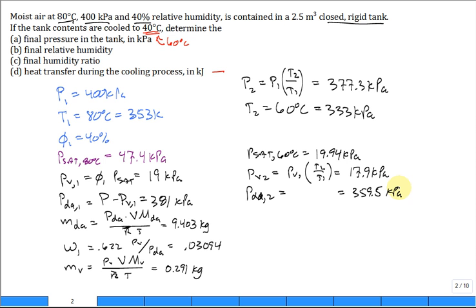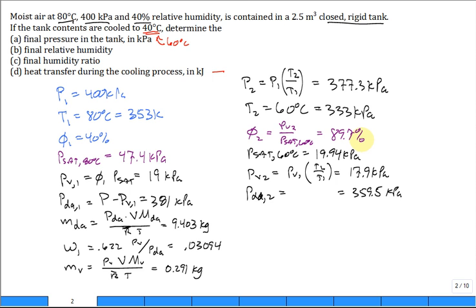So that's the same way that the pressures are changed. If they're always ideal gas, you calculate then the relative humidity, phi2, which is PV2 divided by Psat at 60 degrees. And we find that it's real close to 90%,